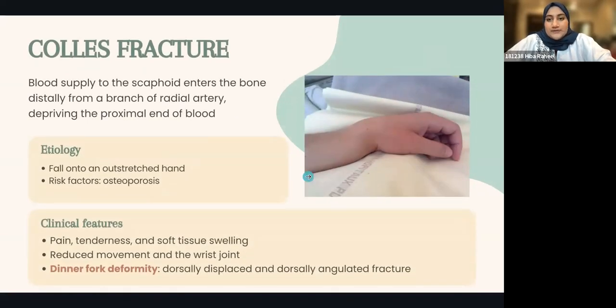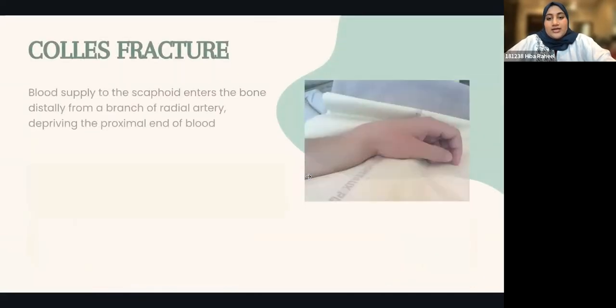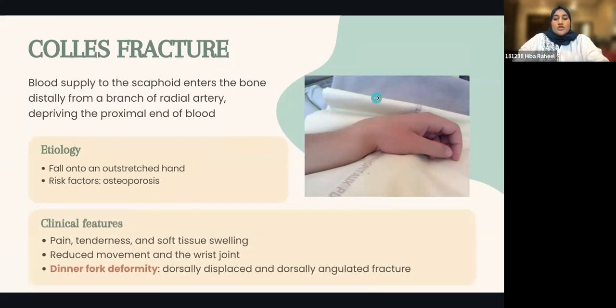Next and last, I believe this is the last one, we have Colles fracture. Colles fracture is actually a very distinct fracture, and it's because of this obvious deformity. Colles fracture has this deformity. It's called the dinner fork deformity, and what that is